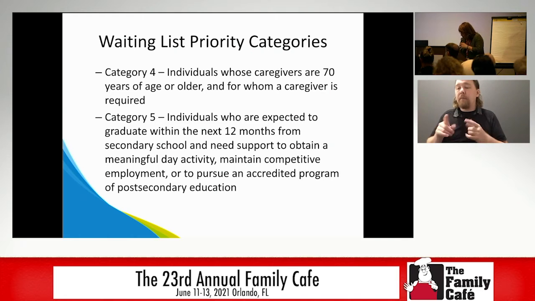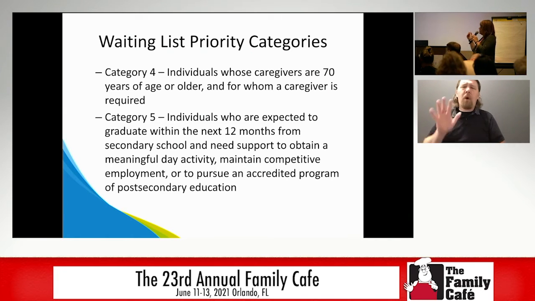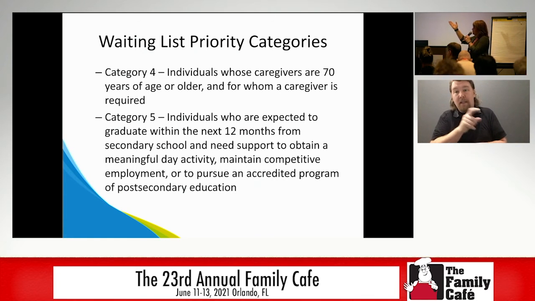Individuals in categories 4 and 5 are those who, well, 4 is individuals whose caregivers are 70 years of age or older. So a lot of individuals who have been taken care of by their parents, and their parents are reaching an age where it's starting to get difficult to continue to provide the care, they will go into category 4. Category 5 are those who are